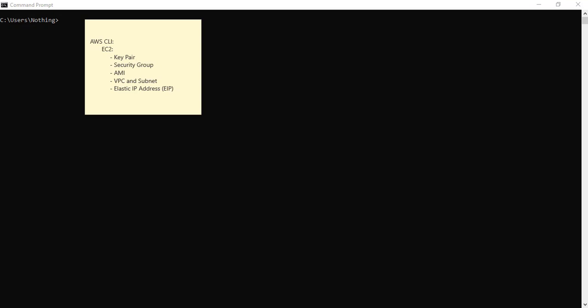So very first CLI commands that we will look at would be around EC2. So to configure your EC2, you need key pairs. Then you need to attach it with the security group. Then you go and select the image that you want to run, and then you have to configure your VPC and subnets. Then you can assign it an EIP. So we will go through all of it, and we will understand with few simple commands how you can actually run a complete EC2 instance with all these options configured.